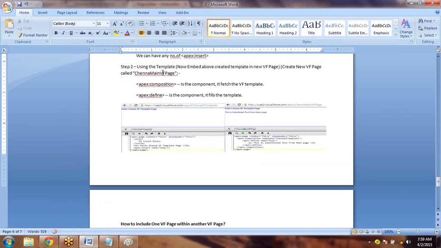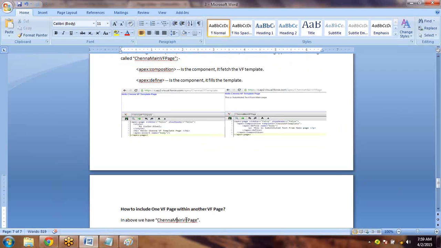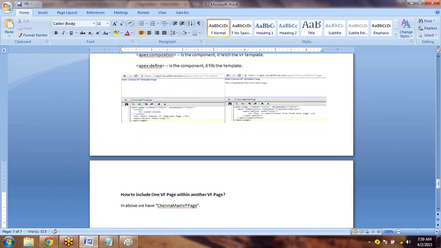So we have this one. Now I would like to use this result in some other page. Use this page's results, or include this page's results,